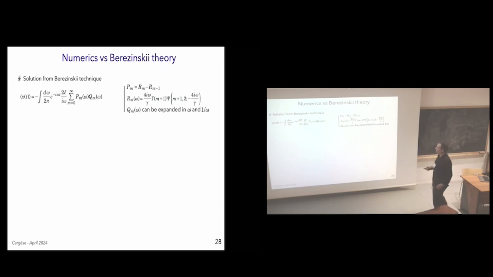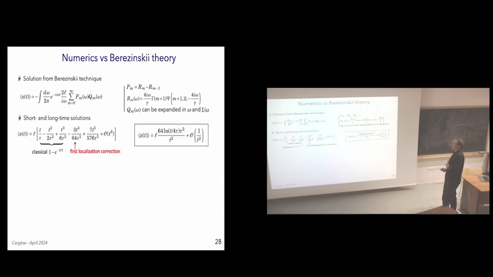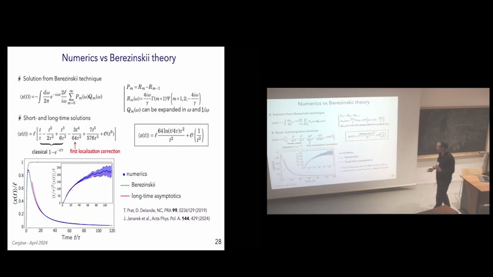It's actually possible to derive an exact formula for the center of mass as a function of time. We did it using the Berezinski technique that I introduced in the beginning. You see the result is not very enlightening, but it's relatively easy to obtain short and long time expansion for the center of mass. And what is most interesting is perhaps the long time expansion of X. You see that it decays as 1 over t squared with log corrections. So it's a very slow motion. So the dynamics of localization is fast, but the quantum boomerang effect takes some time.